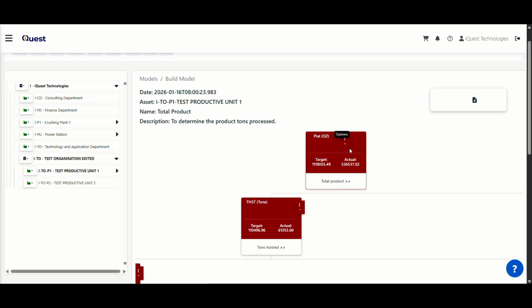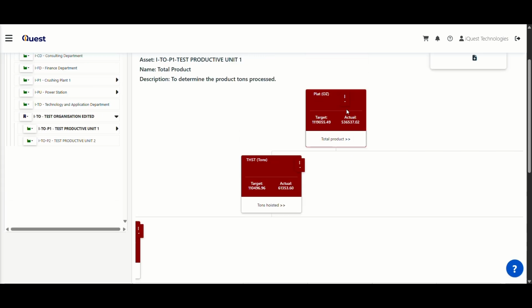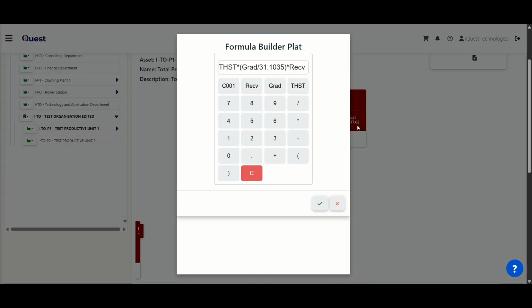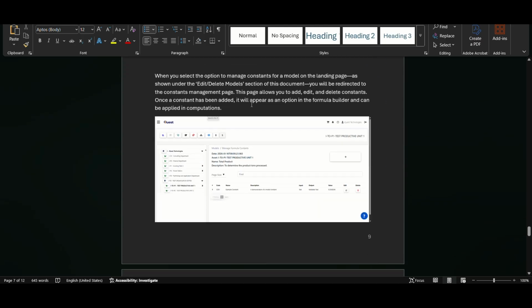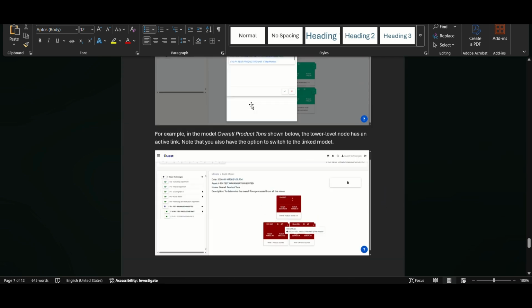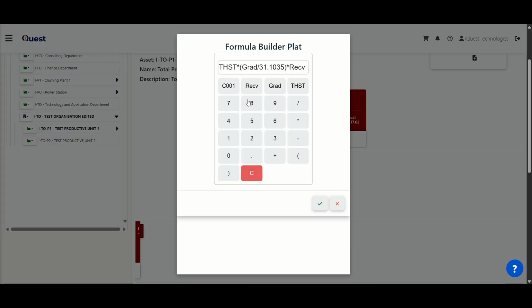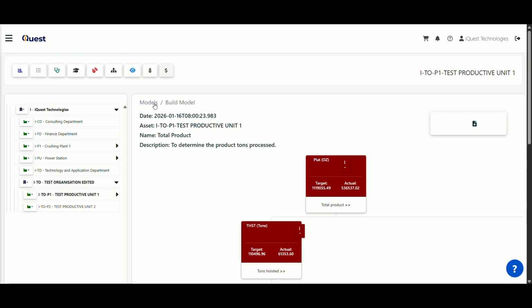Another key point to note would be on the formula itself. When you are on your formula window, you notice that there is this thing called C001. And what exactly is that? Just give me a second. Okay, so what exactly is the C001? It's that formula constant that we spoke about at the beginning of